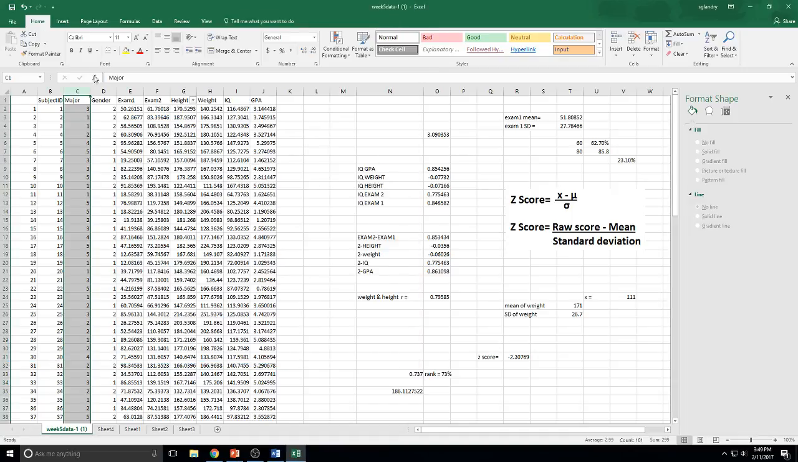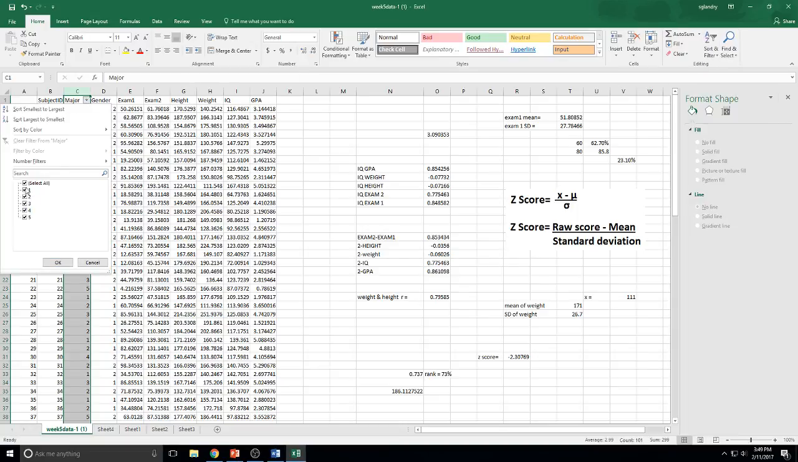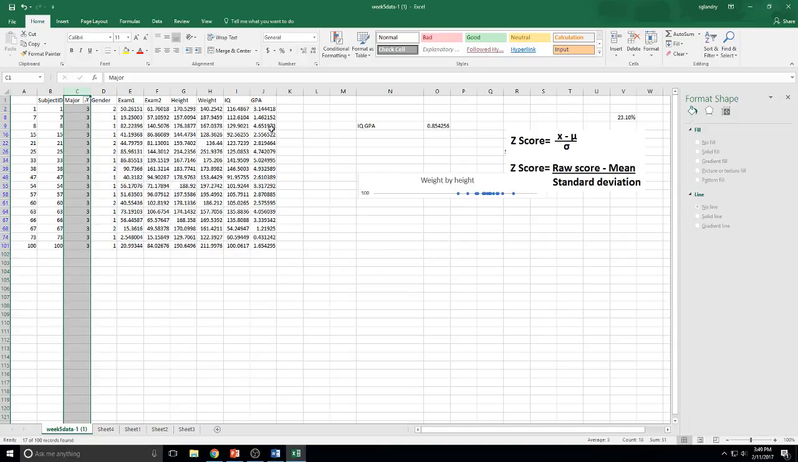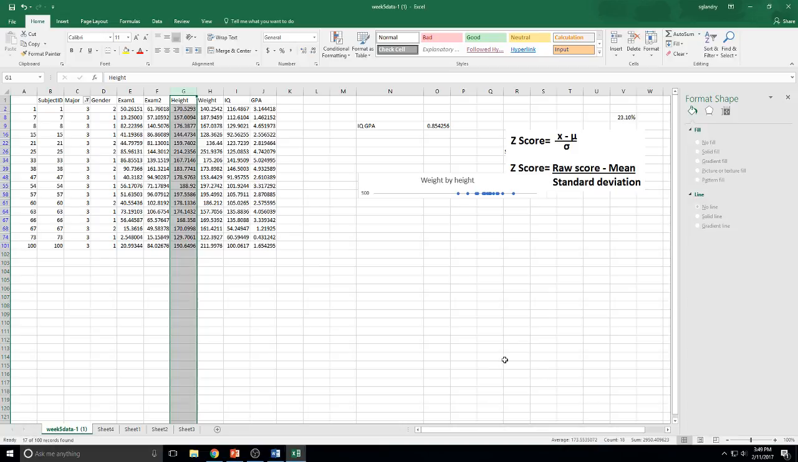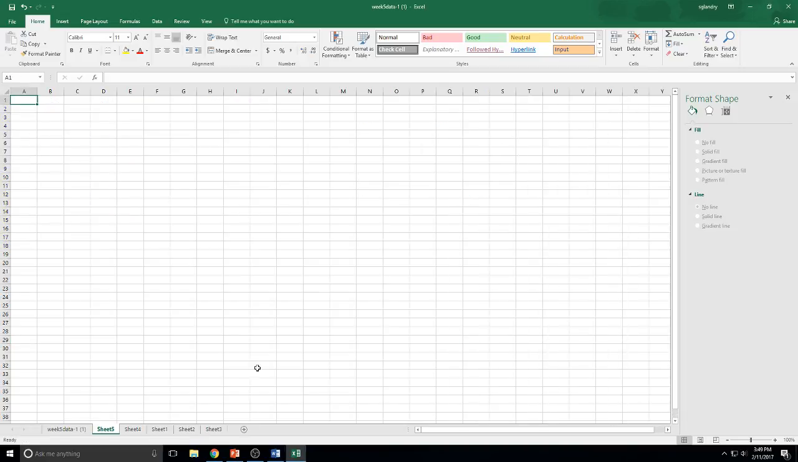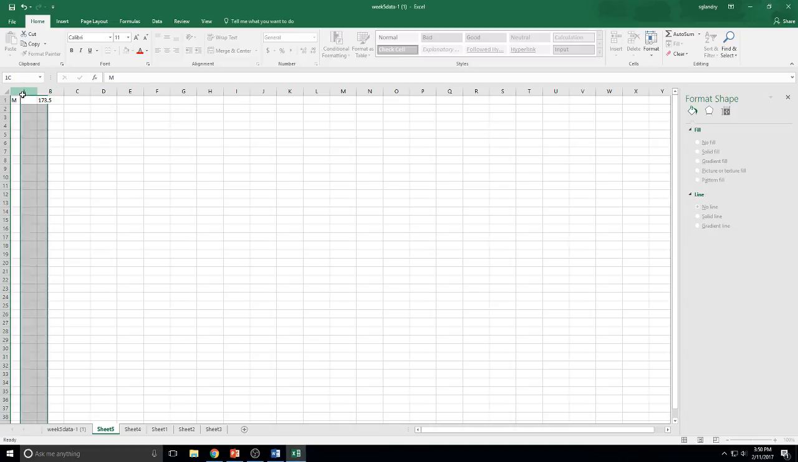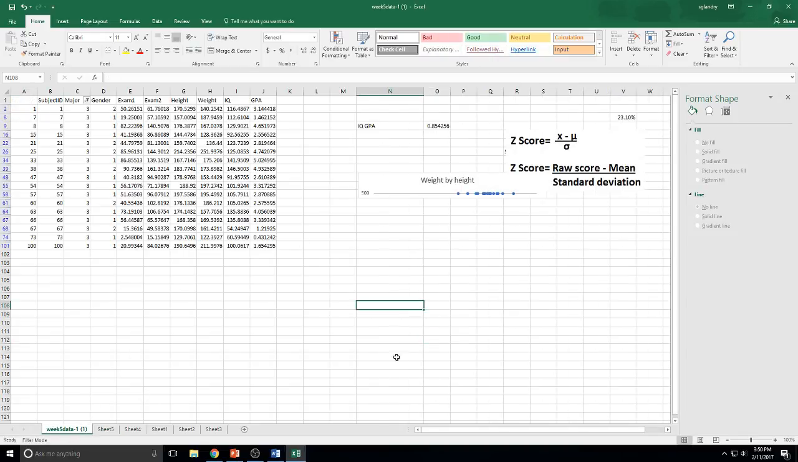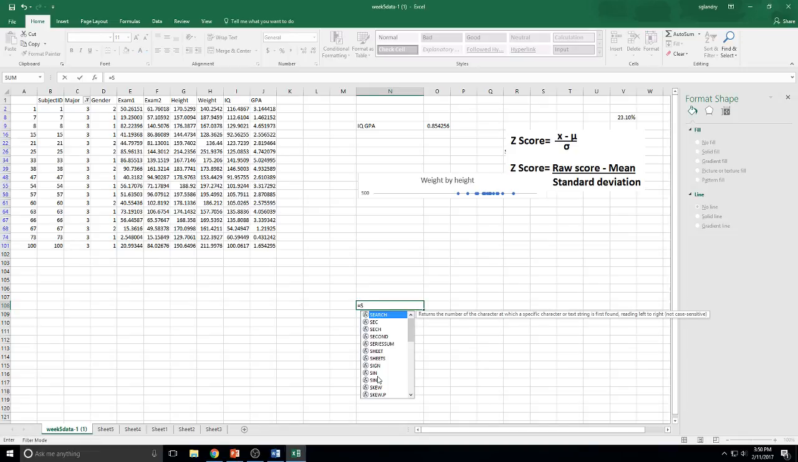Psychology is number 3. So if I filter for just number 3s, what's their mean height? Their mean height is 173.5, which I've already figured out before, but whatever. This is the mean of psychology people. What about the standard deviation of psychology people? Can I do this? Standard deviation equals